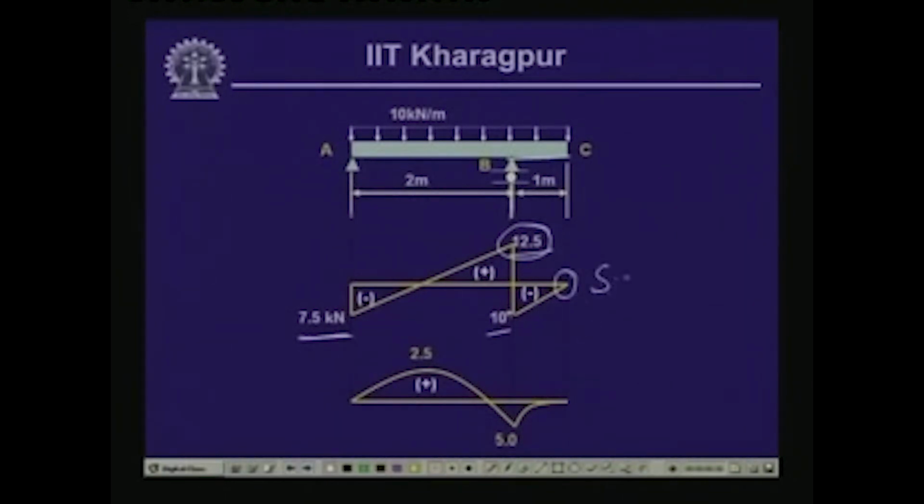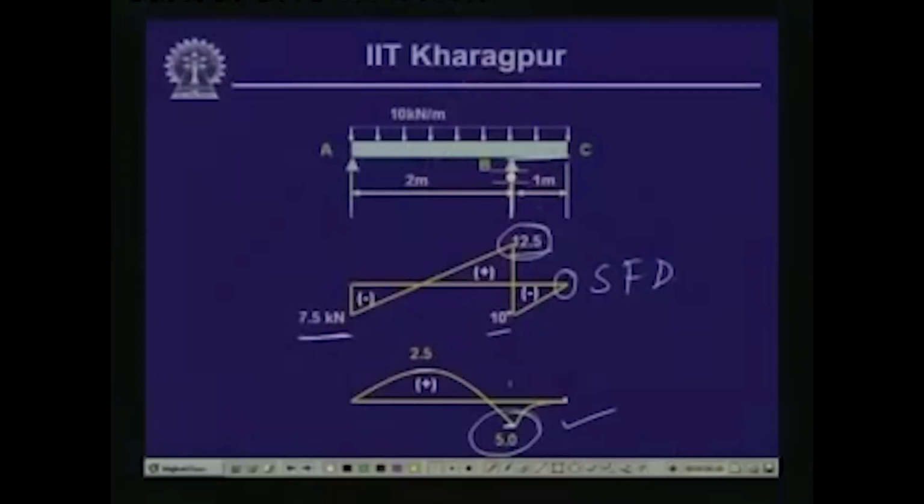So this is the shear force diagram for this particular beam, and if we compute the bending moment, you will find that the bending moment will vary again in a parabolic manner. The magnitude here is 2.5 kilonewton meter, at this point it is 5 kilonewton meter, and at this point again it is 0. So, this is the support point where we are getting the bending moment as maximum,